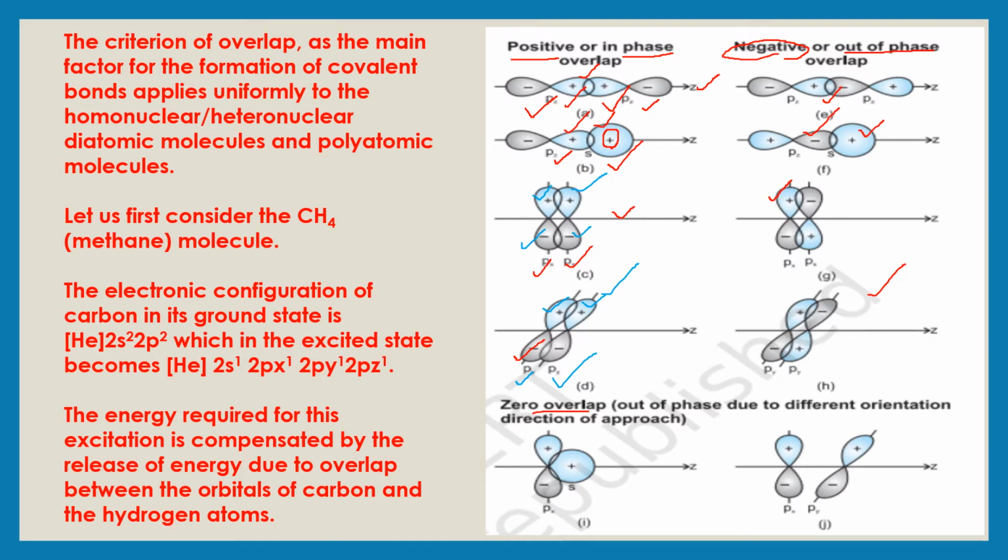What happens if I take this p orbital and, instead of showing the sphere overlapping with the positive lobe, I show it here in the middle? It is overlapping with this portion. In this portion, you do not have any probability of finding the electron, so it will be considered a zero overlap. And here also, px of one atom cannot overlap with the py of the other, the reason being they are perpendicular to each other. So only the positive overlap can give rise to a bond formation.